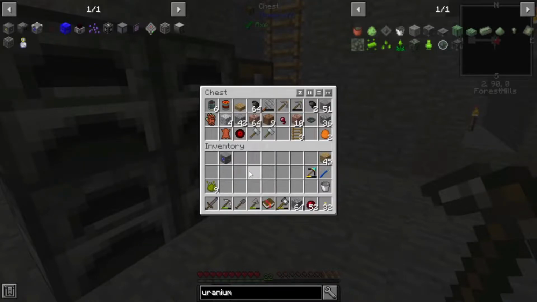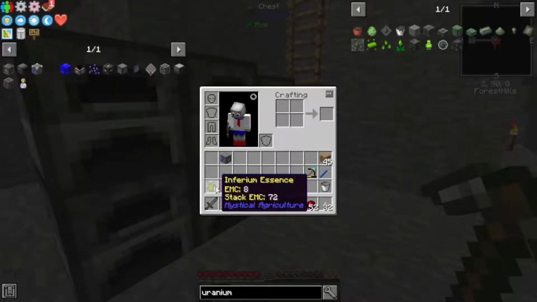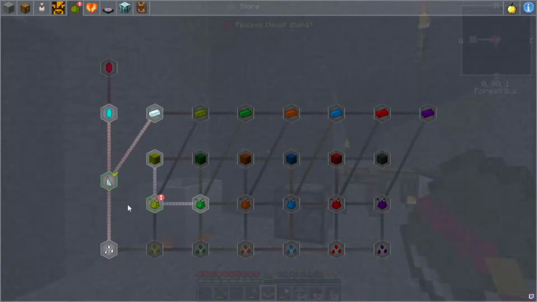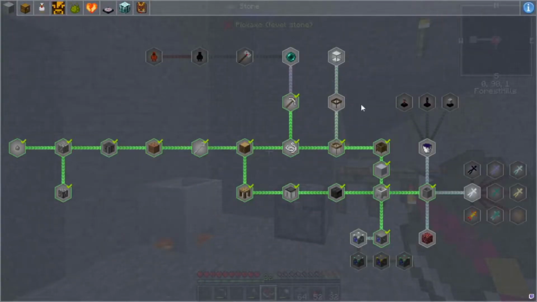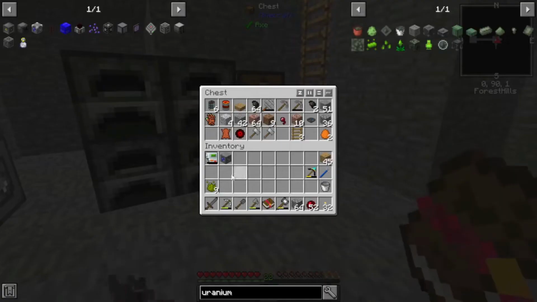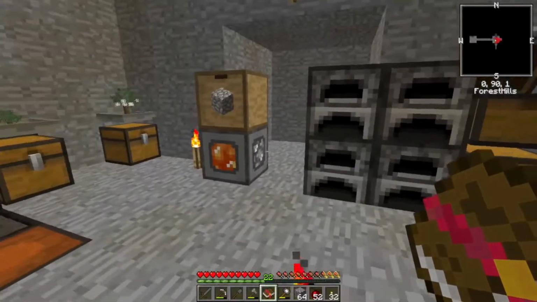By the way, I've been mining a couple of times, and I got some Infernium, which was a quest. So let's go ahead and complete that. Infernium Essence, it's going to give us a random reward. And we'll get to more stuff later. Silk Road. Oh, so it requires string. We'll get to more of that stuff later. So we got an exchanging gadget. Cool. Probably something I won't use. But yeah, so we have